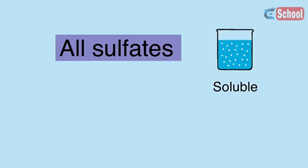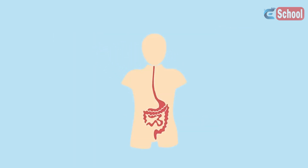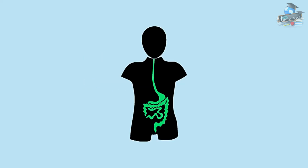All sulfates are soluble except for lead, barium, and calcium. In fact, barium sulfate is so insoluble that it can be ingested and pass through our gastrointestinal tract without being absorbed by our bodies. This is because it is radio-opaque, just like your bones. This means that X-rays cannot pass through them, and because of this, an X-ray image of your gastrointestinal tract can